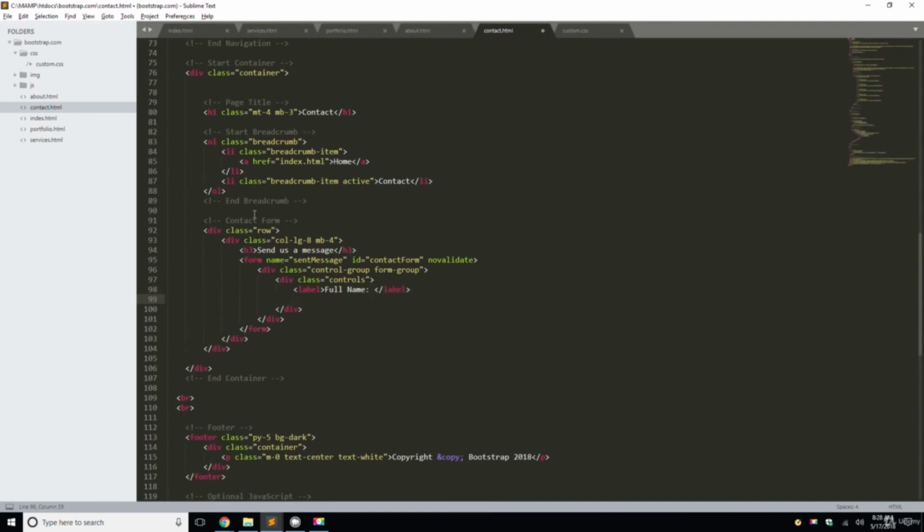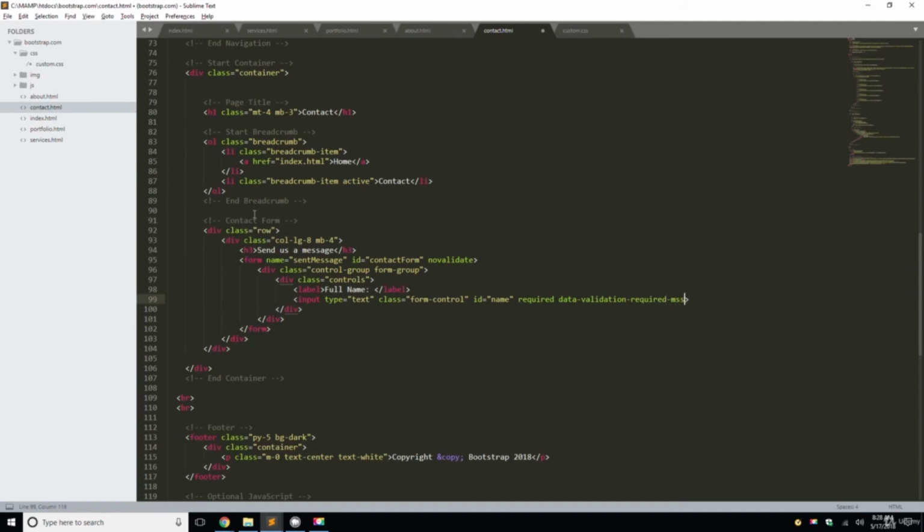And below that, we're going to do an input type. So we'll do input type equals text, class form control. Okay, and then we're going to do an ID with name, and we're going to do required data dash validation required